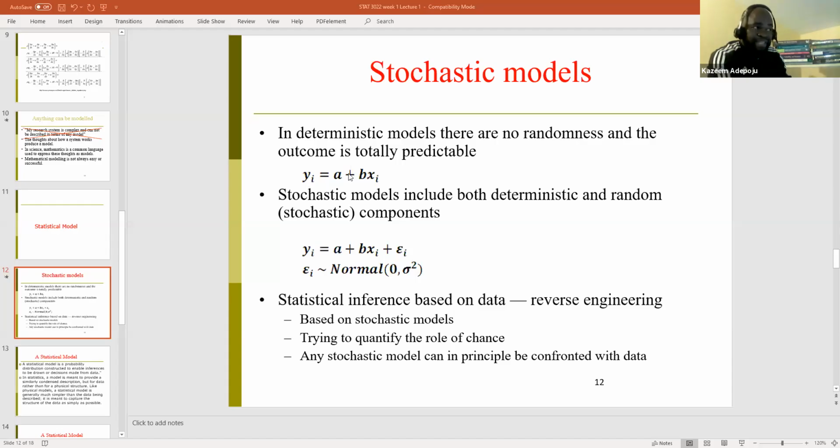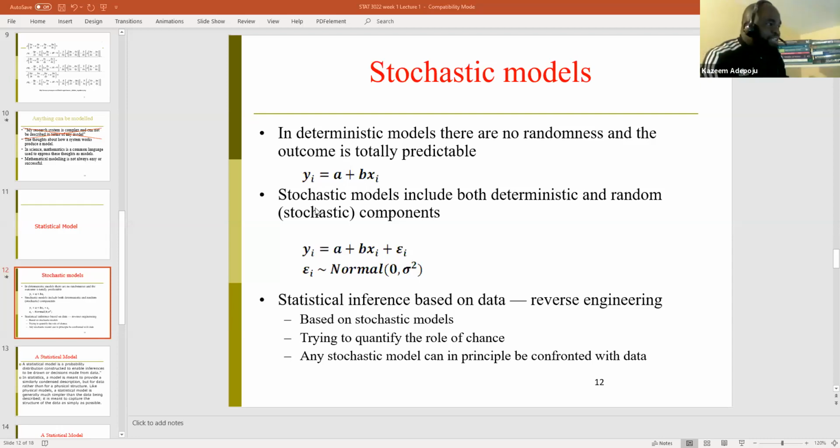That was the reason why I said, if you take a look at this, what I have right here is a deterministic model, but right here is a stochastic model. What is the difference between a deterministic model and a stochastic model? In a deterministic model, if yi represents reality, then everything here is the model. So deterministic is trying to tell us that reality is the same thing as the model.